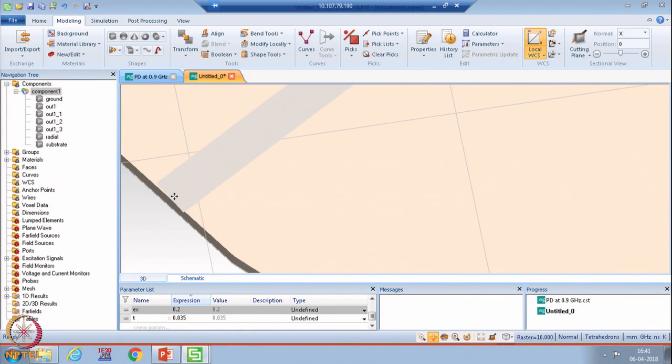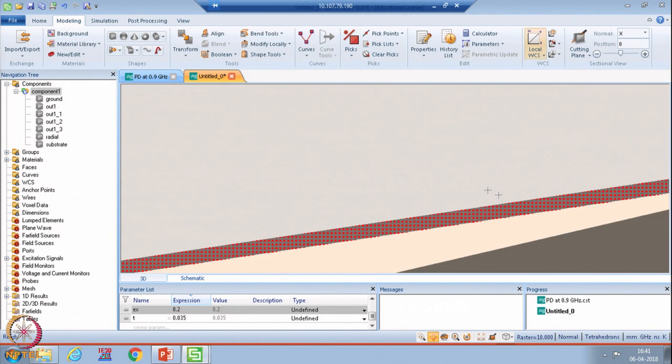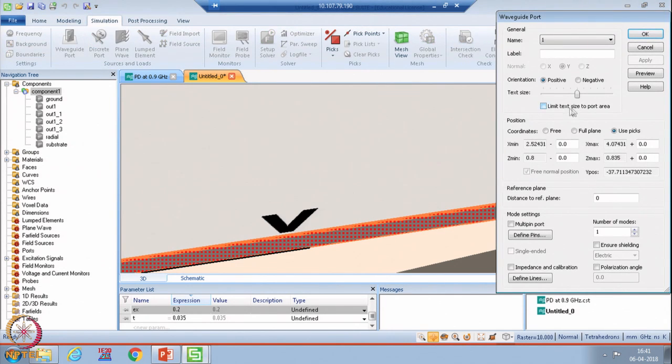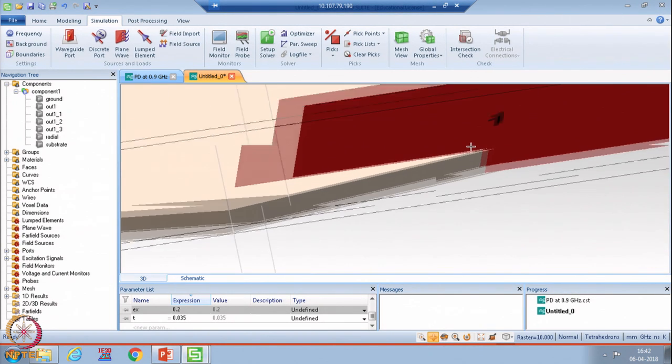Next we need to make the ports. So, to make ports, all you need to do is again replicate the same procedure, select this particular edge, yes, then define waveguide port and use the same procedure as we told you earlier, 3 into H sub and this 4 into H substrate. So, this is how you create a port,